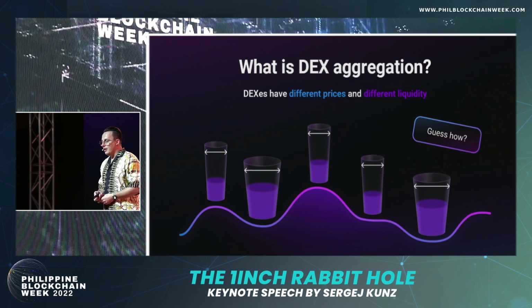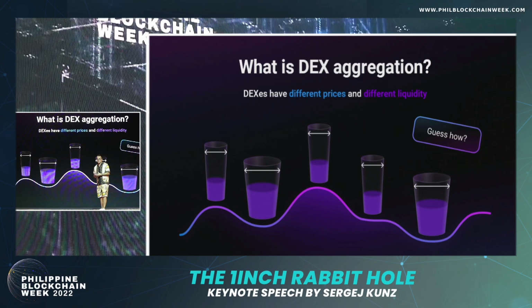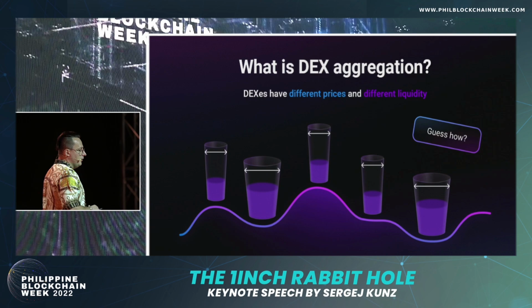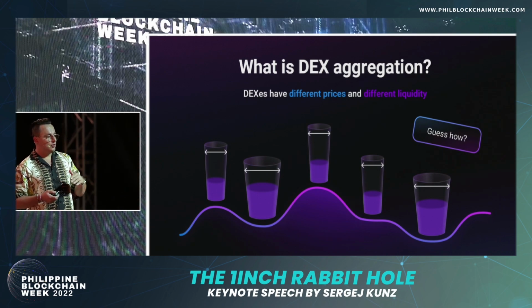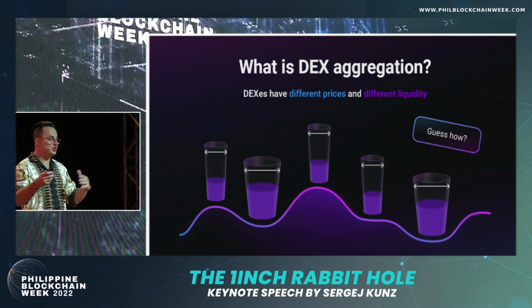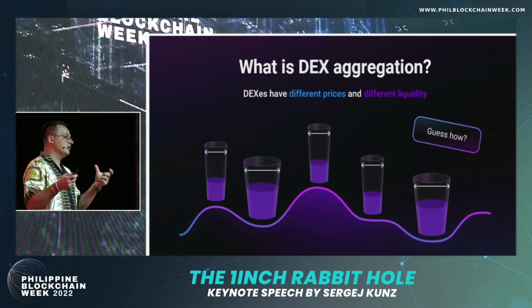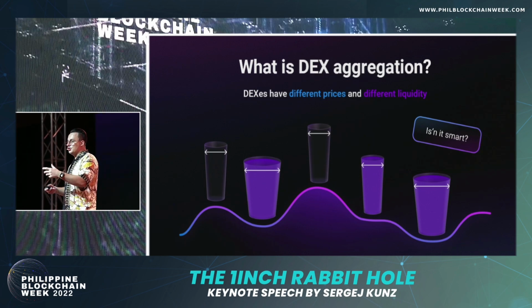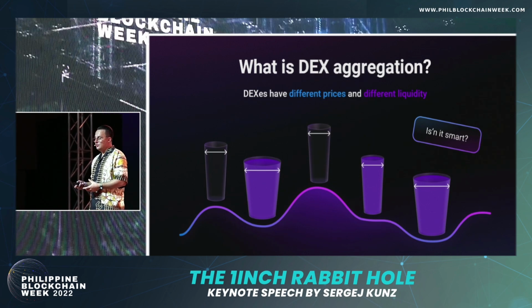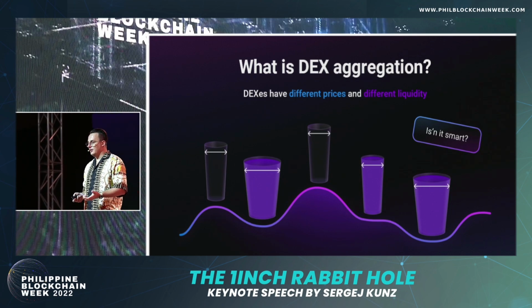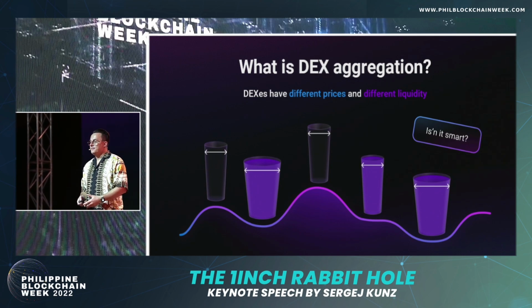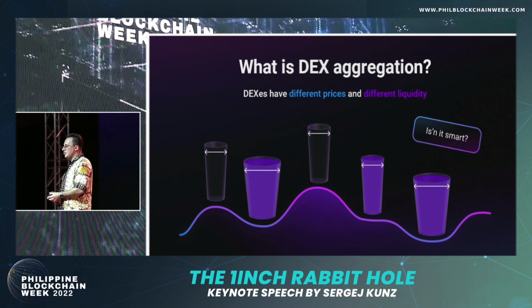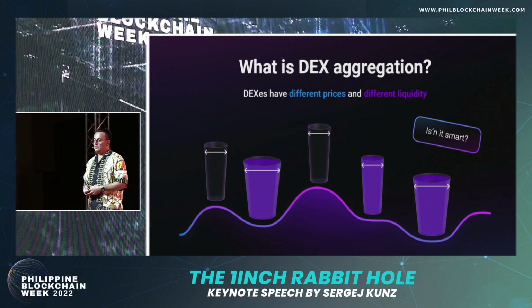So what is the problem with the DEXs, and what is the aggregation among them? So you see these classes, these are DEXs or decentralized liquidity sources, which have different prices. This curve you see on the bottom is price. Each DEX has potentially its own price and different liquidity. Of course you can go to each of these DEXs and exchange how much you want, but the problem is you don't know where the best price is. It can be on Uniswap, it can be on Balancer, it can be on Kyber Network, it can be somewhere else. And exactly this problem we had back in 2019, and Anton and I were thinking how to solve it,